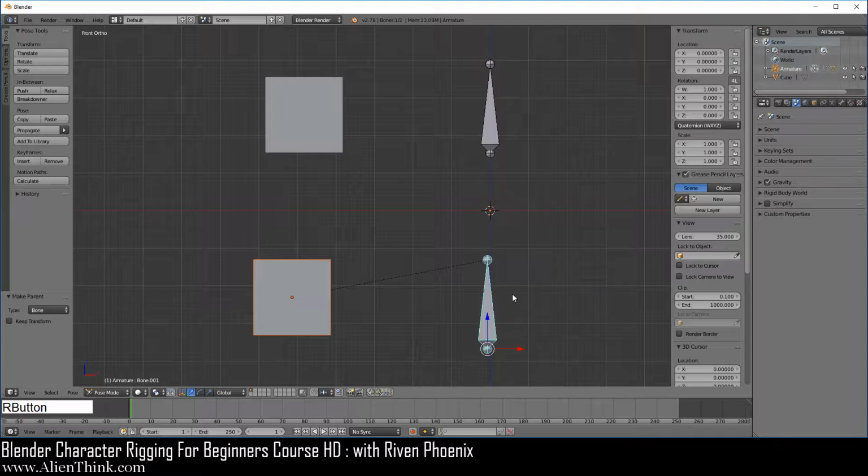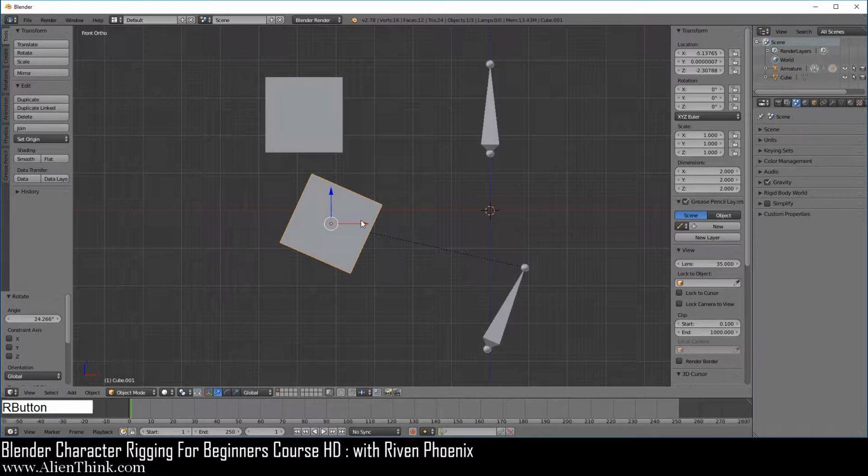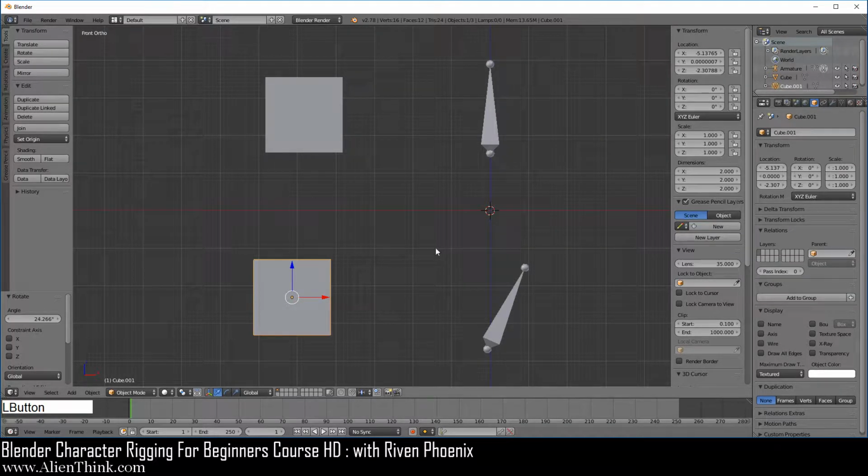Now, having this bone selected, press the R key to rotate. Now click on this object. Notice that the numbers are not changing. This is because the child is going to always show its original starting position. So when you click on this object and go to its object tab and remove the parent by clicking X, it's going to snap back to its original starting location.